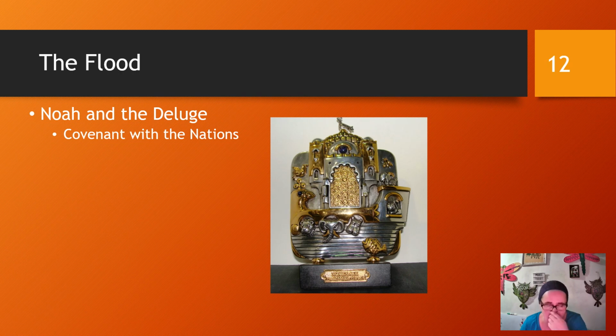We see in Genesis 6 to 9 the story of the flood. And the story of the flood basically is God looked down, humans were doing things that he didn't approve of, and he decided to wipe it clean with a remnant surviving so they could restart. And the remnant that survived was Noah and his family. Noah built an ark, and he took upon it the animals that would be needed to restart creation, essentially. And after this, God promised not to do this again.